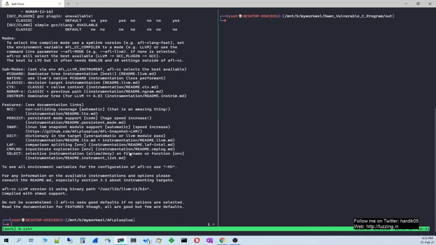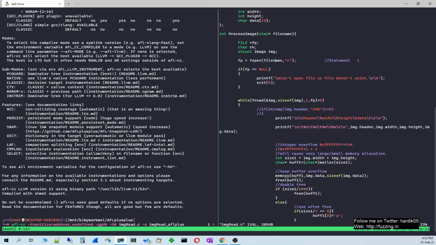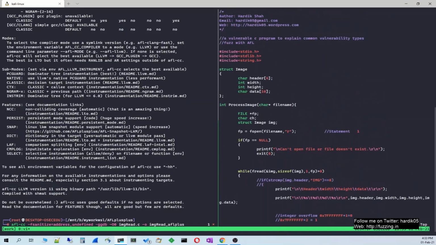So what you can do is simply use afl-cc and let it use the default compiler. In my case, I will first show you the source code of the program, that is imageread.c. This is the program which we have been fuzzing in all our fuzzing video series.